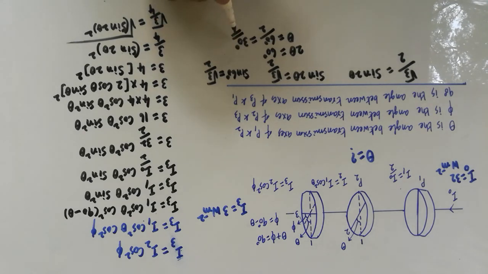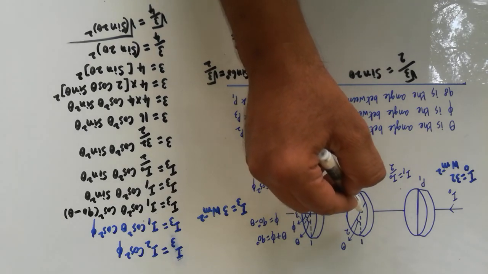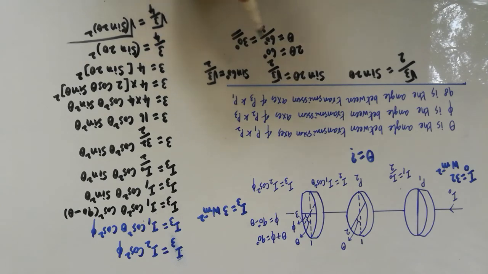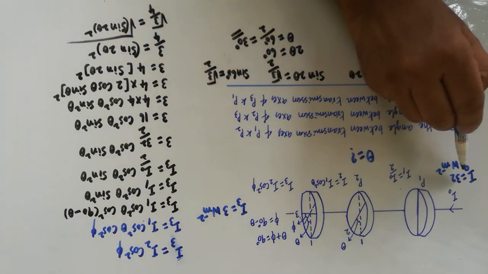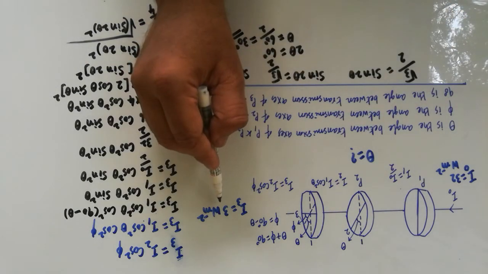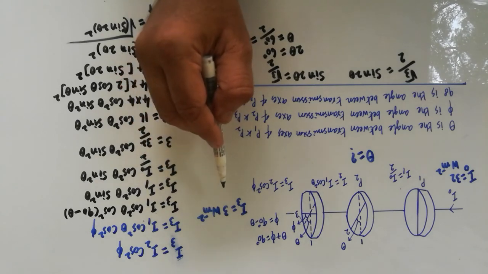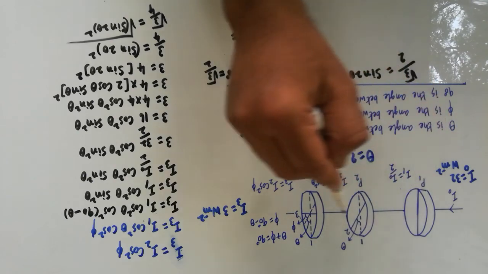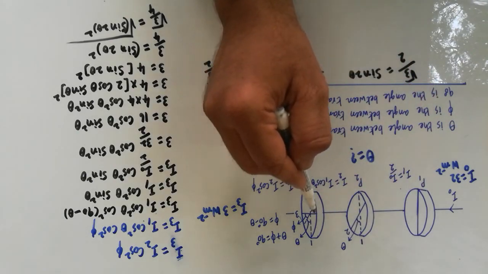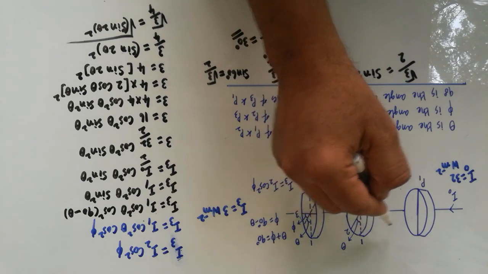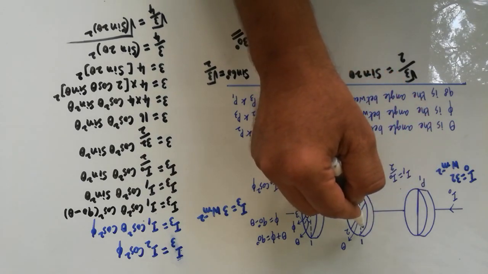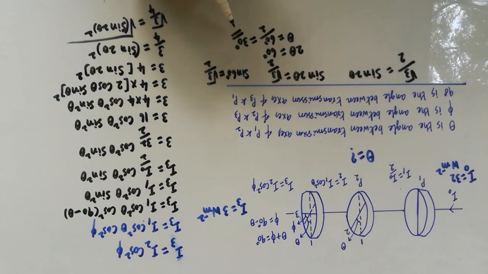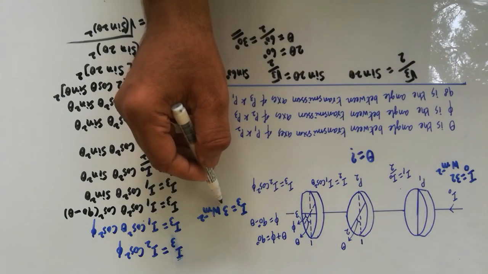So the meaning is, if the second Polaroid is rotated through an angle of 30 degree, what will happen? The intensity of the incident light will be reduced to 3 watt per meter square, provided the transmission axes of P1 and P3 are perpendicular to one another. The angle between the first transmission axis and the second transmission axis should be 30 degree. Only then will this intensity be reduced to this much. Okay.